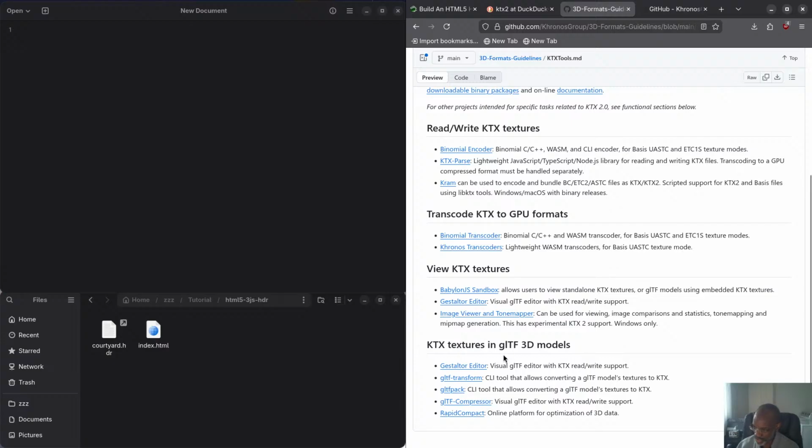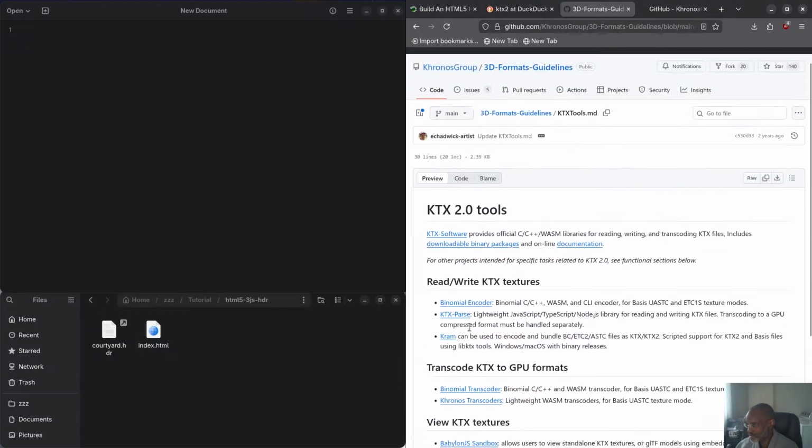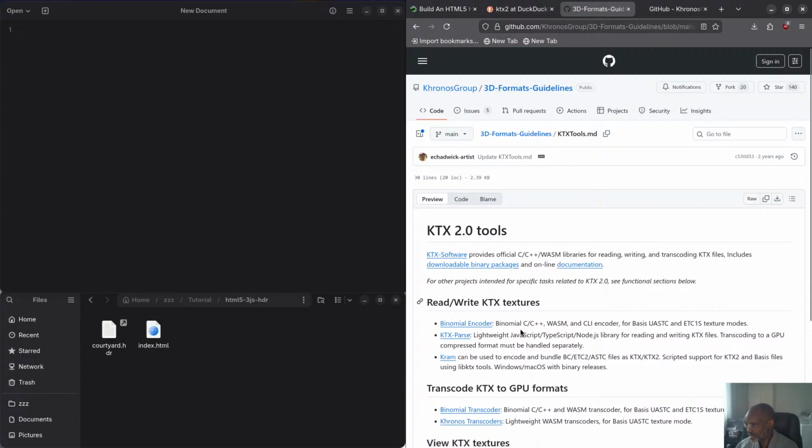So we say the KTX textures in glTF formats. This will allow you to embed it into the model to pack it. I don't think that's by default. I don't think Blender does that, which is a shame, but that would be nice. Yeah, so as you can see,